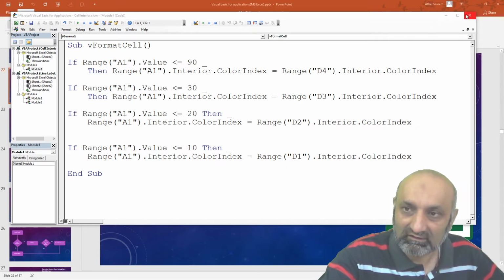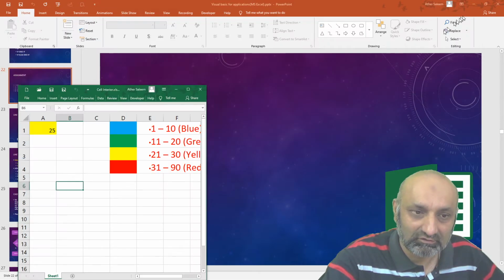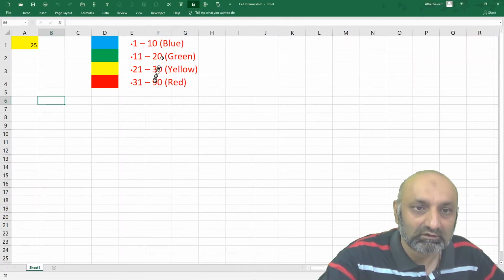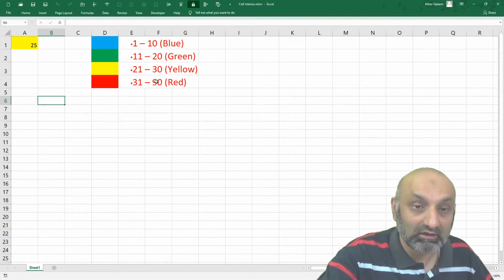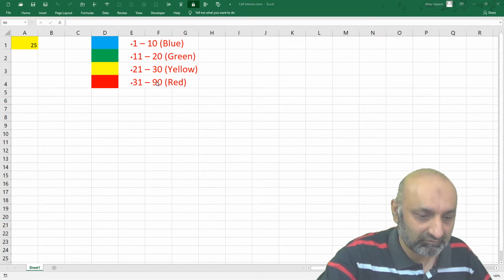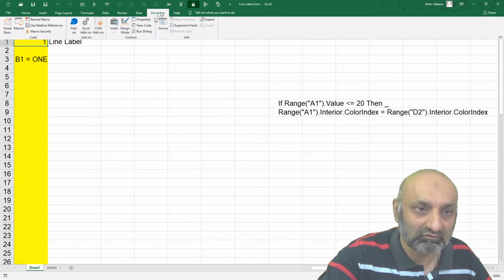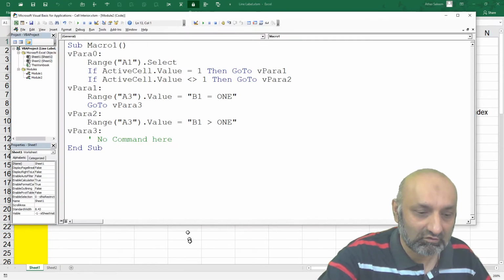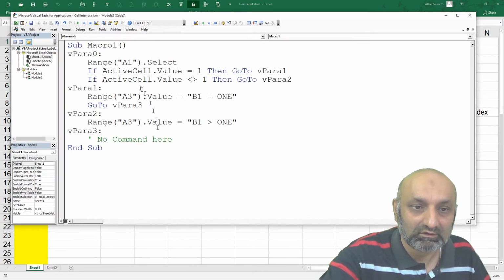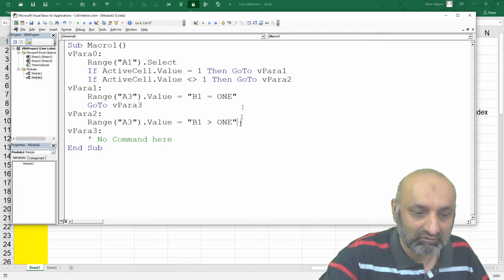And the second thing we talked about was the line label. So let's close this workbook, and in this workbook I talked about the line labels and the go to command.